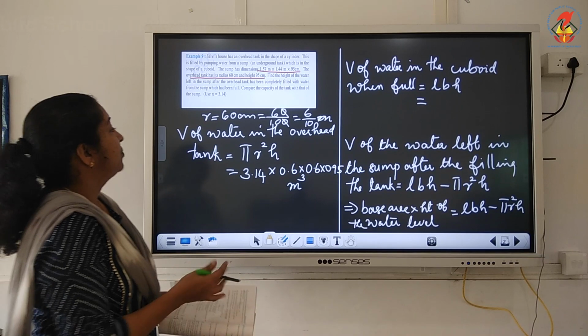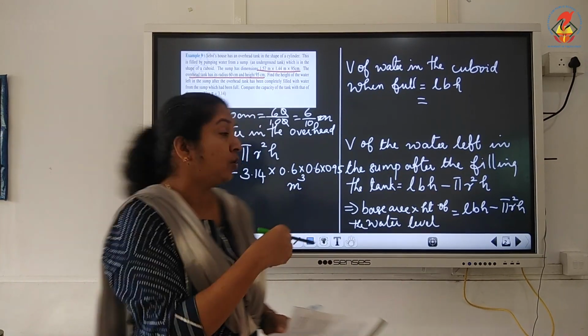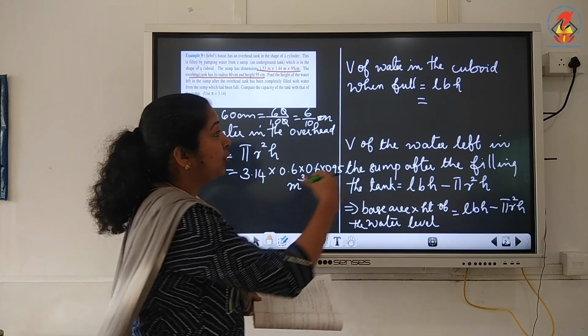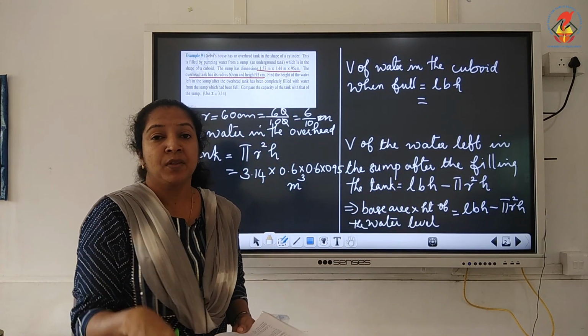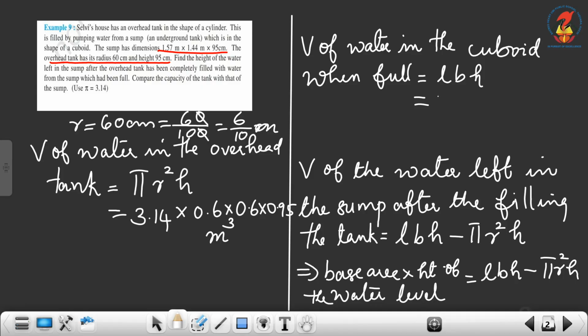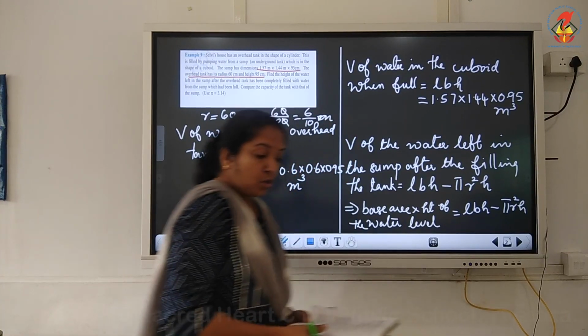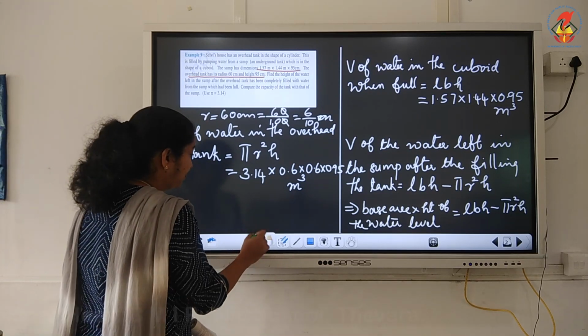This is the amount of water, or volume of the cylinder which is the overhead tank, and what you have to find is how much water is in the cuboid, that means the sump, the underground tank. It is given as 1.57 into 1.44 into 0.95 meter cube. So what you have to find is the height of the water